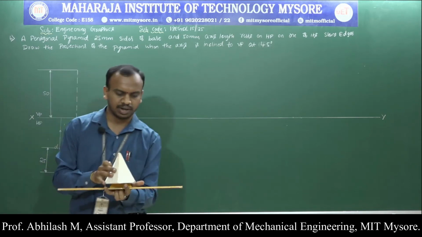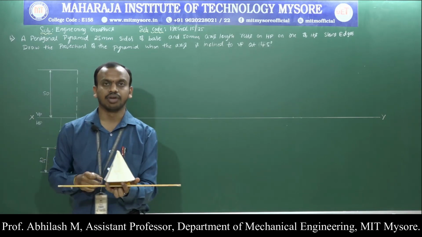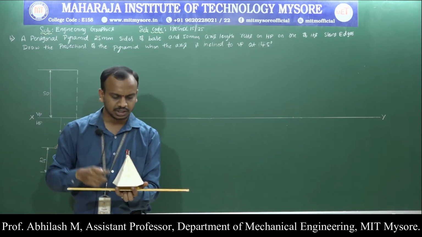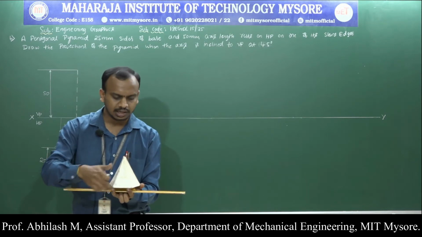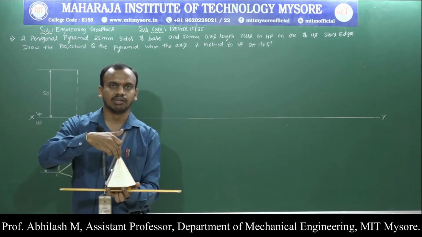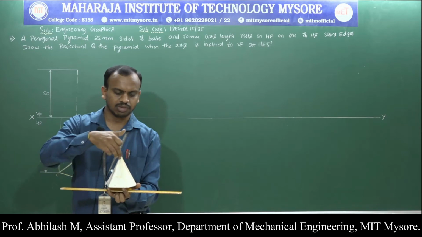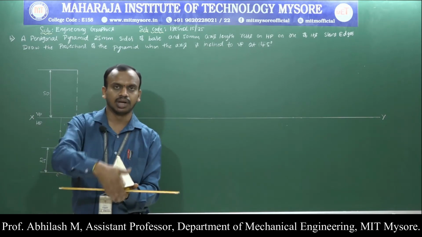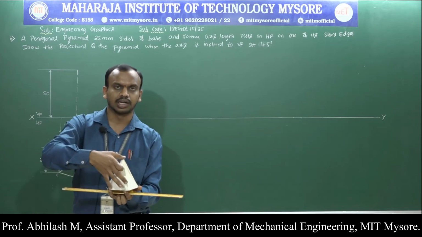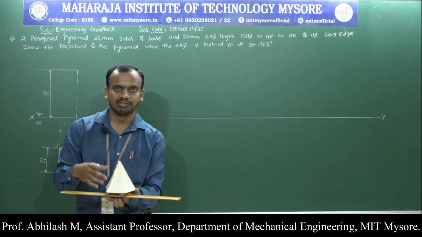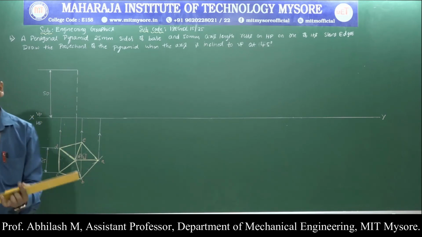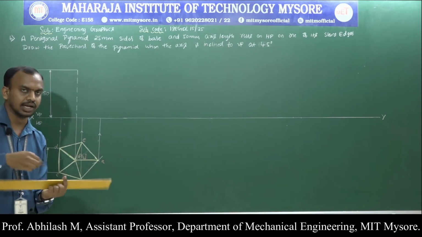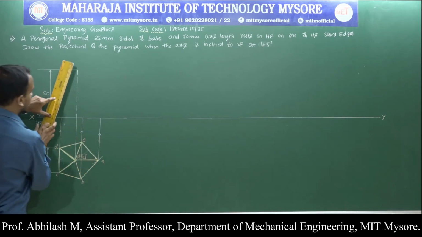Now, if I consider the pentagonal pyramid and rest it on one of the slant edges, you can clearly see that this slant edge is clearly visible from the front view, even from this end and this end. So all the corners that are appearing from the front position, connecting to the apex, are clearly visible. We are supposed to join those edges completely with the help of a thick line.